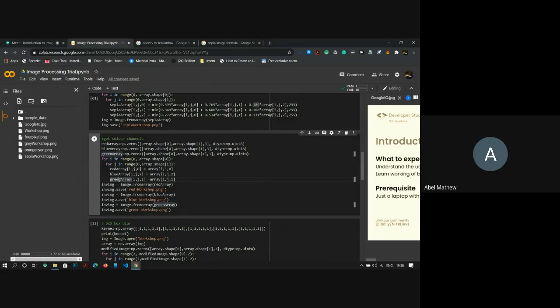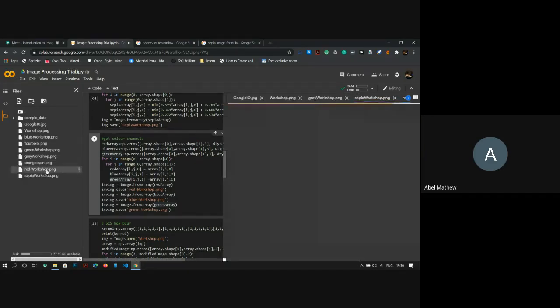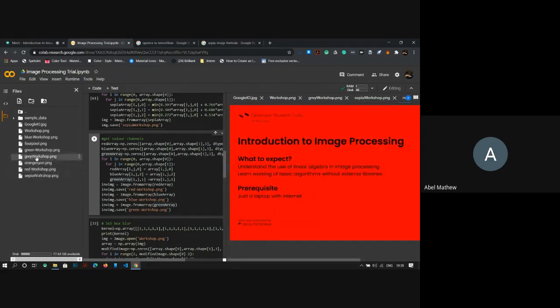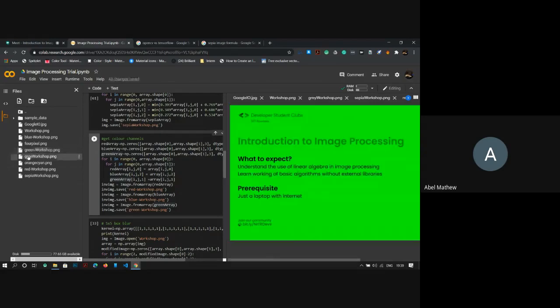Extracting the pixels of red and putting in the red color image and separating it. Let's run it. It's done. Let's see. We have red workshop. We have green workshop. And we have blue workshop.